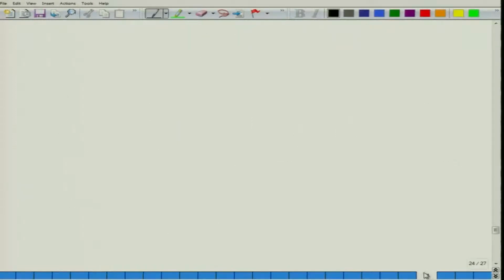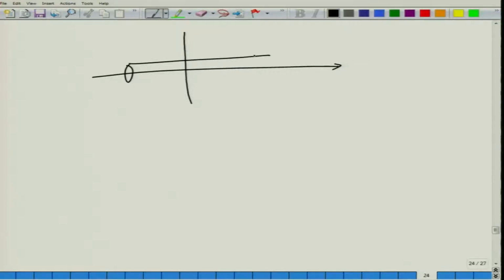What we do here is we reconsider that wire. You had this wire which was extending over, say, minus L by 2 to plus L by 2. We section this wire into appropriate sections. We cut this wire, not the actual wire, we imagine that the wire has been cut and there are different sections, section 1, section 2, section 3 and so on and so forth up to the last section N. This is the y axis.